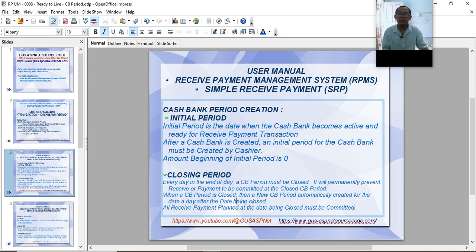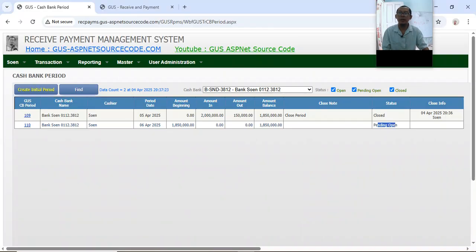When a CB period is closed, a new period is automatically created for the date a day after the date being closed. When we close the period, this period 6 April is automatically created with the beginning amount being the amount balance at the date being closed.